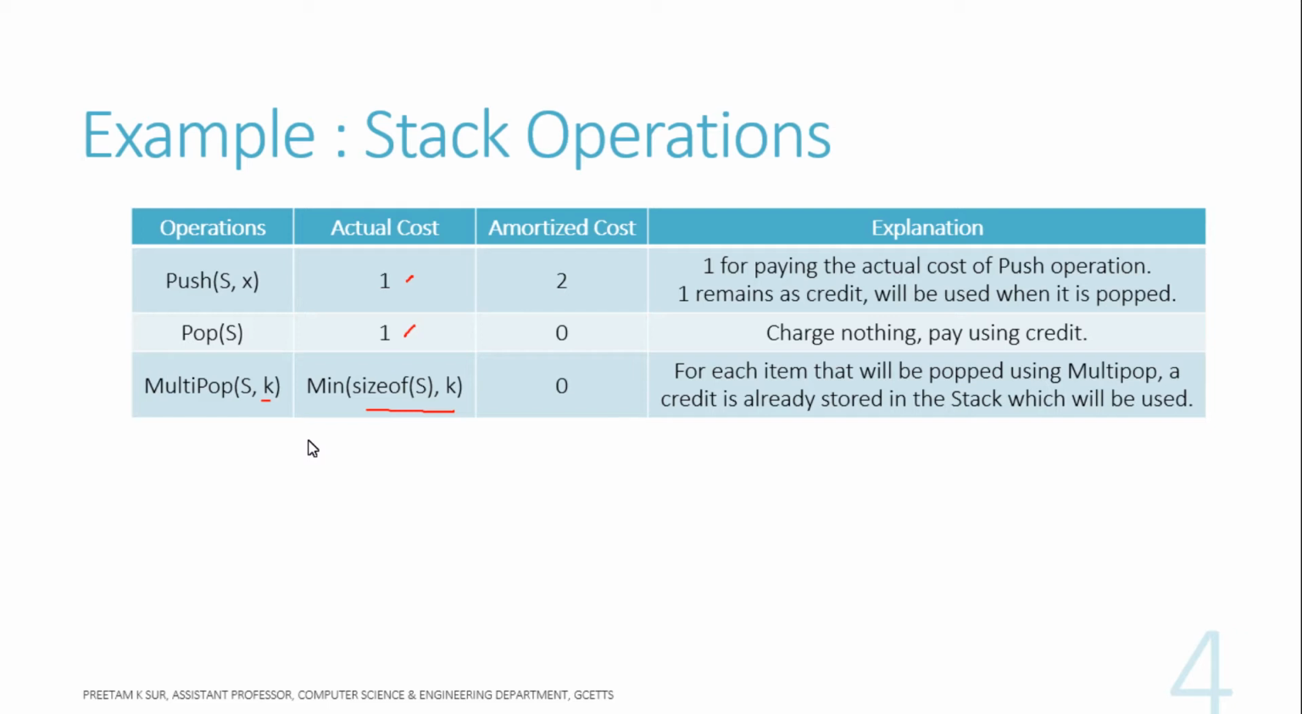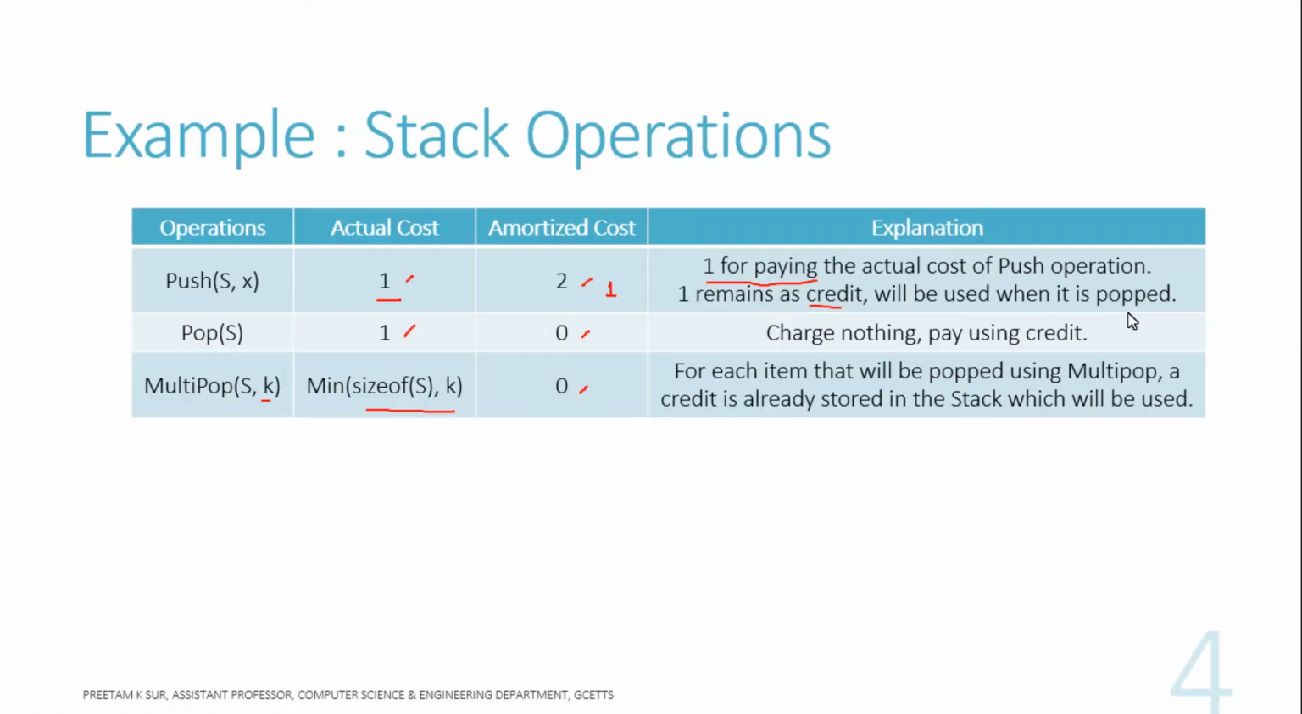Now how have we assigned the amortized cost in the accounting method? For push we have assigned 2, and for pop and multi-pop we have assigned nothing. Why have we done this? Whenever we push, we assign amortized cost 2. From that cost of 2, one is used to pay the actual cost of the push operation. The remaining one cost stays as credit,